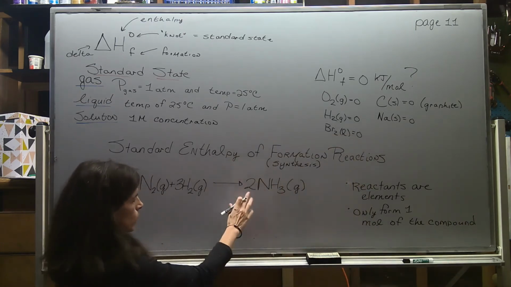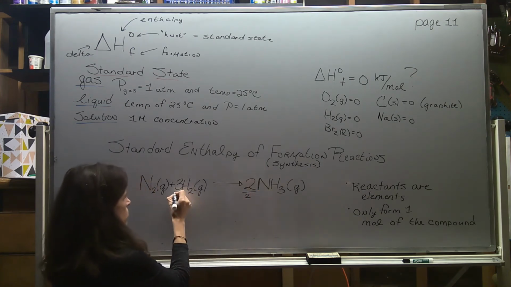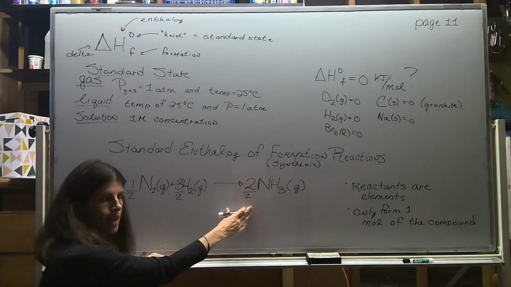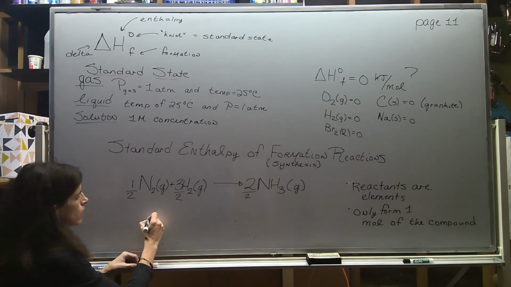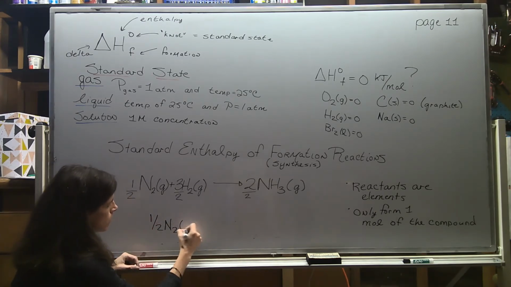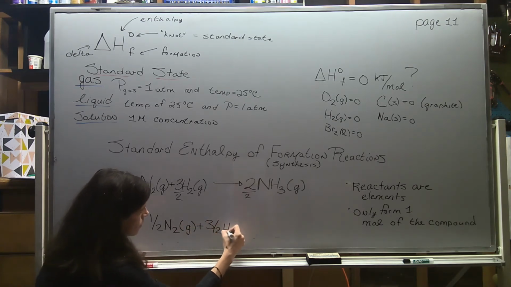So right now we're forming 2 moles. So I'll divide this by 2. There's a 1 here, I'll divide that by 2. So since I'm dividing that by 2, I need to divide everybody by 2. And then my final answer would be 1/2 N2 gas plus 3/2 H2 gas